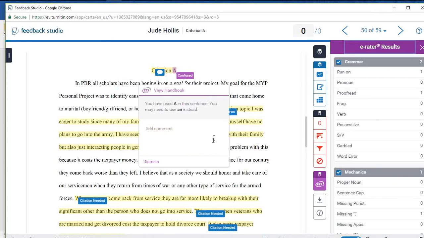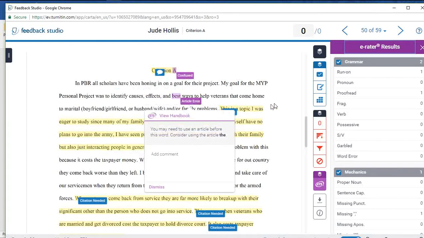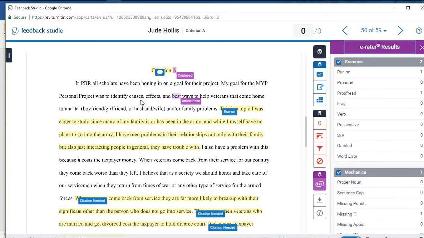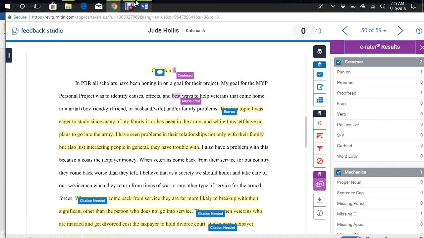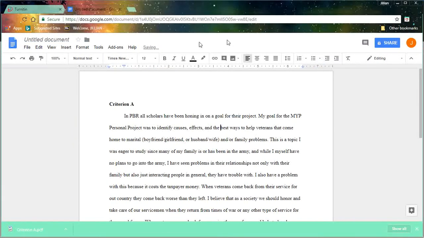and this says confused. I don't think this is grading it wrong, so I'm not gonna do that one. You may need an article before the. My goal for the MYP personal project was to identify causes, effects, and best ways. So it's saying I'm missing the word the. So I'm gonna go to my paper and add the. So you need to go through every blue and purple tab, and if you agree with the feedback,